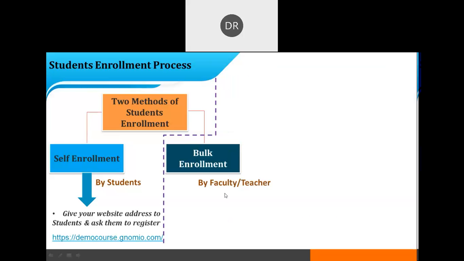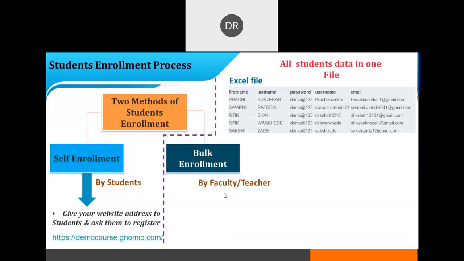That means the faculty or teacher can also do the enrollment in this Moodle course in bulk. So how to do this? First of all, offline, you have to prepare the list as per this format. You write down the first name of the students, the last name of the students. This is the standard format: after creating this Excel file offline, you upload the data of the students into Moodle.